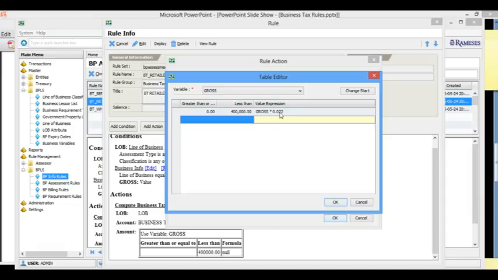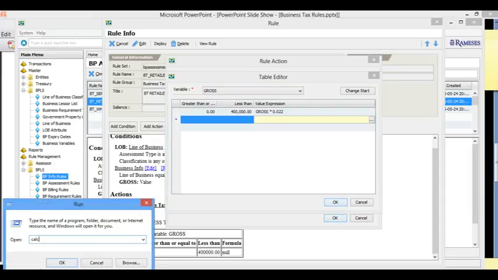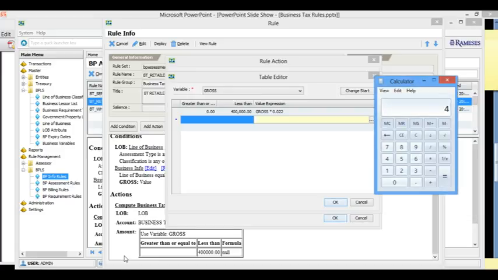Okay, to calculate the excess here, we'll first compute how much is 2.2% of 400,000. So we'll use a calculator. 400,000 times 0.022. So that's 8,800.